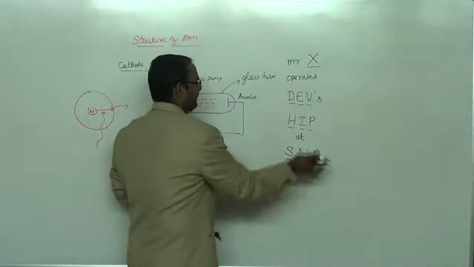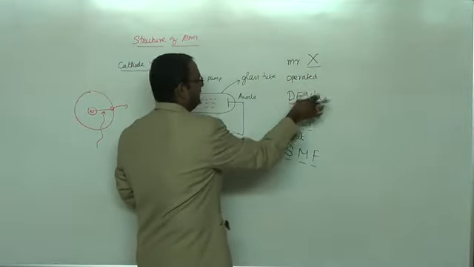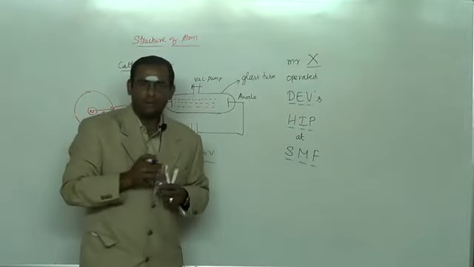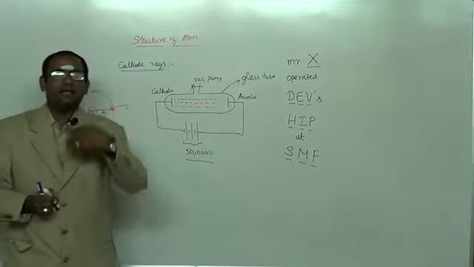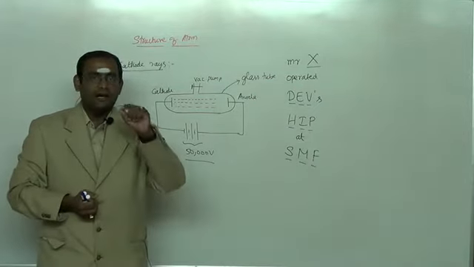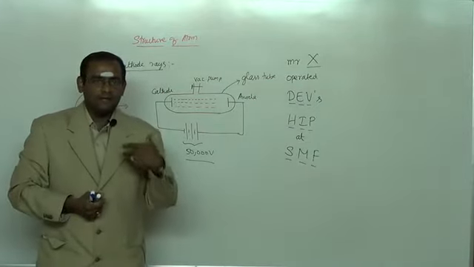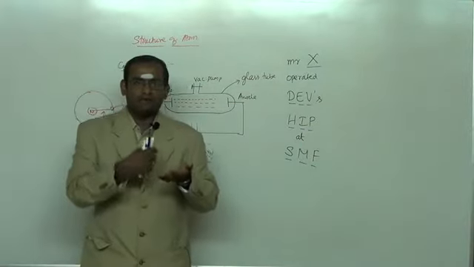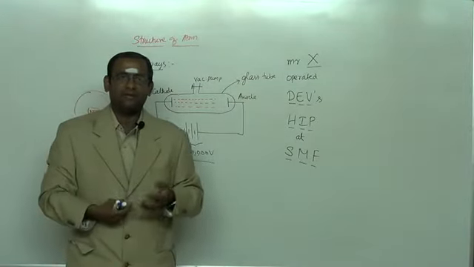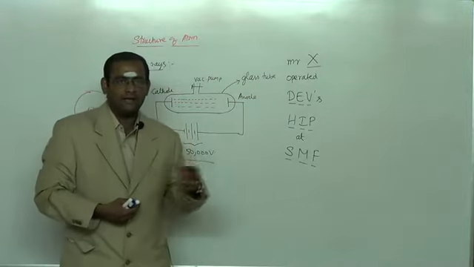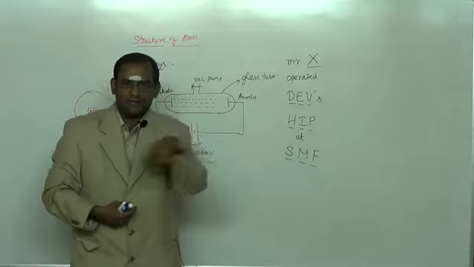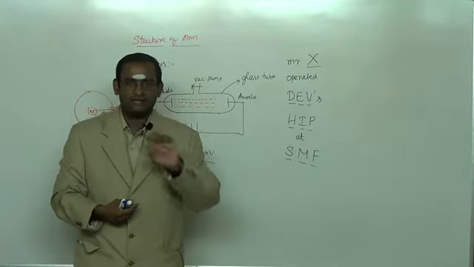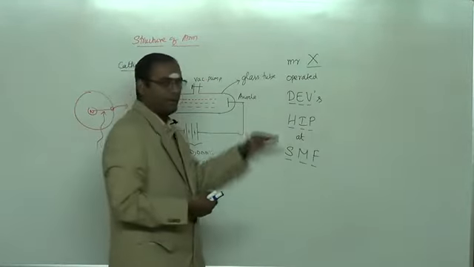Now we have 3 plus 3 plus 3, 9, 9 plus 1, 10 properties. These 10 properties, of course, as a tutor, I can easily explain. But as a student, it is not possible to remember all the 10 properties and write them in the examination. It may be somewhat difficult. So therefore, we find a useful method to remember all the 10 properties, and just like that you can reproduce them in the examination. Now we will see the properties one by one.